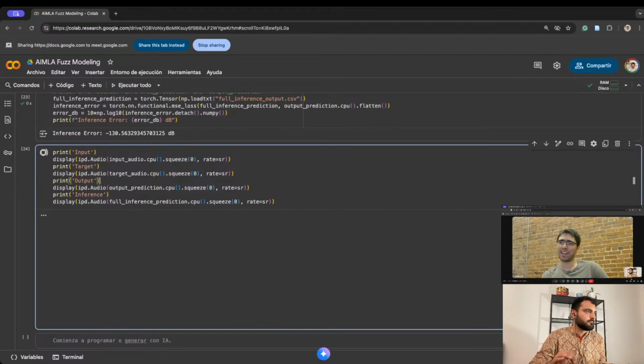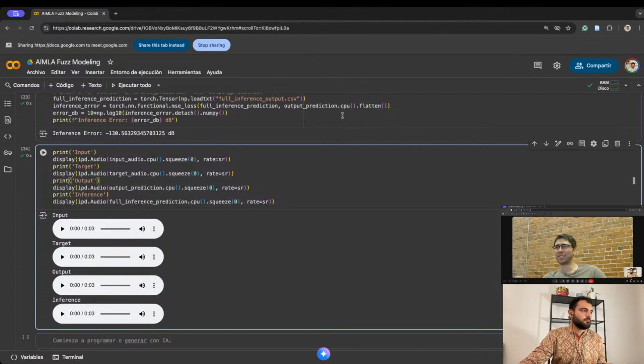And then again, we can actually listen to our output here if you want to play those. Yes, fantastic. Let me adjust the volume a little bit. So we have again our input here. We have the target, which is what we wanted the model to learn.